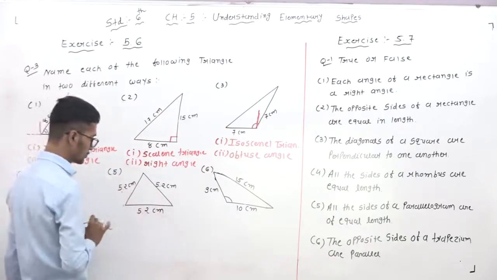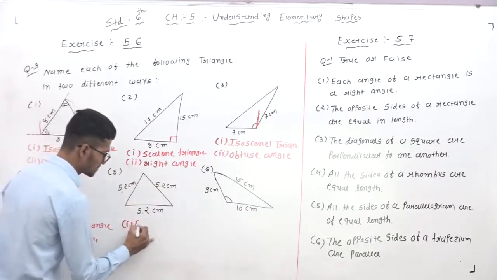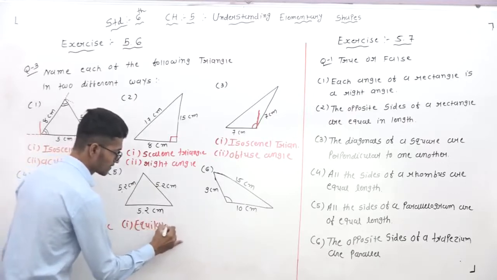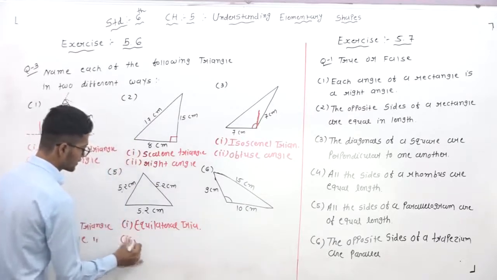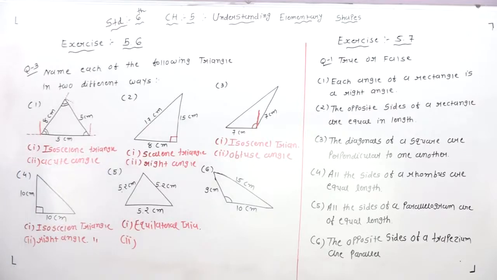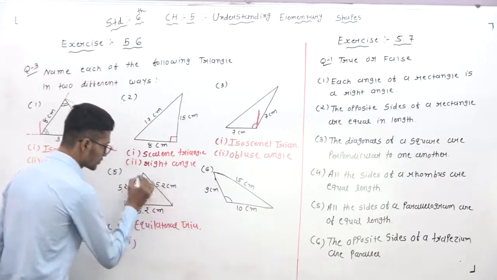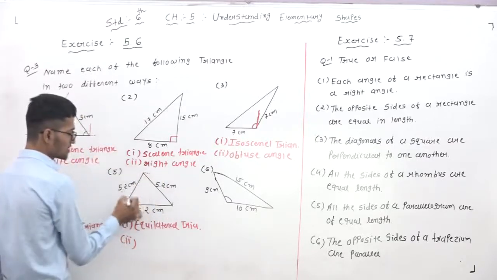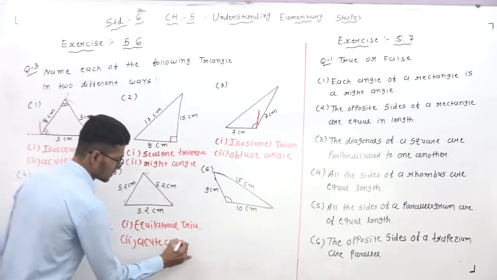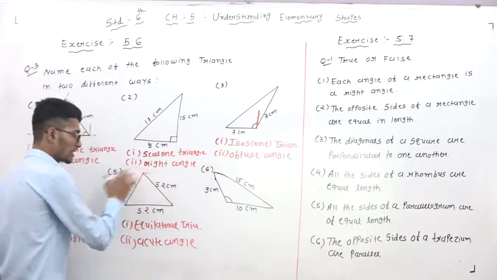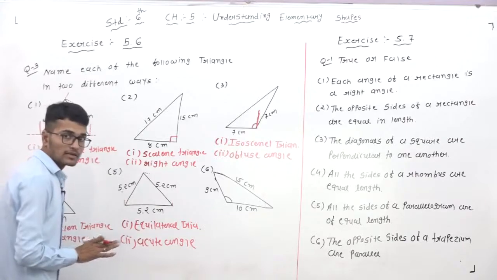Then after, here is given 5.2, 5.2 and 5.2. So first of all, three same sides means equilateral triangle. Equilateral triangle. And see here, this one is also a triangle, and for all the measurements, from each vertex draw a line. This means all three angles are less than 90 degrees. Less than 90 degrees means this one is an acute angle. So it is called an equilateral triangle, and one more name is acute angle triangle. Clear? Understand?